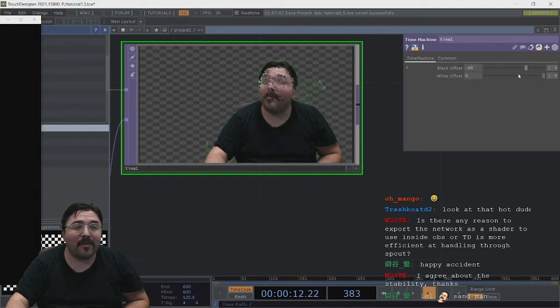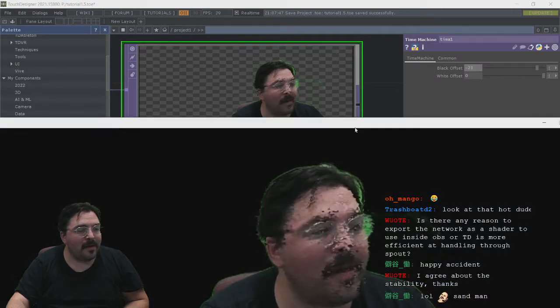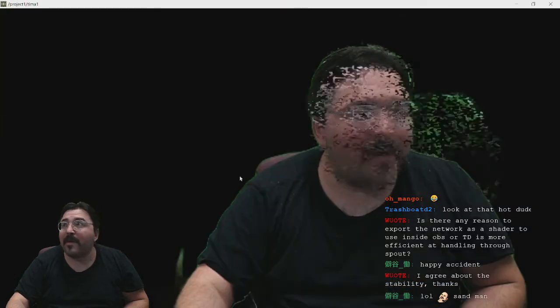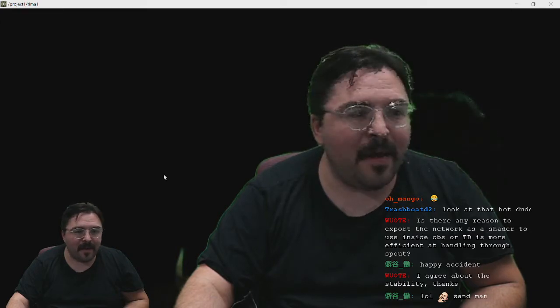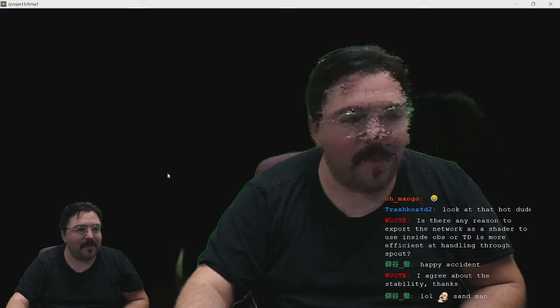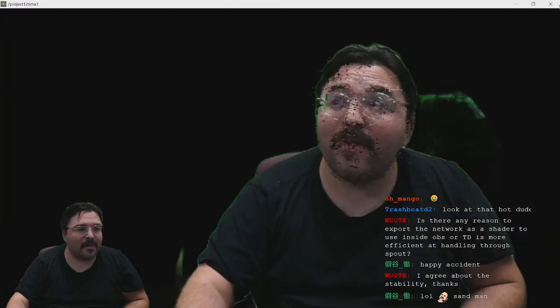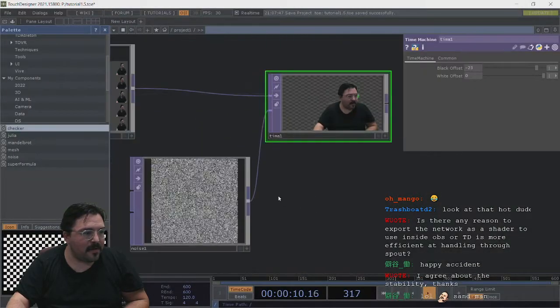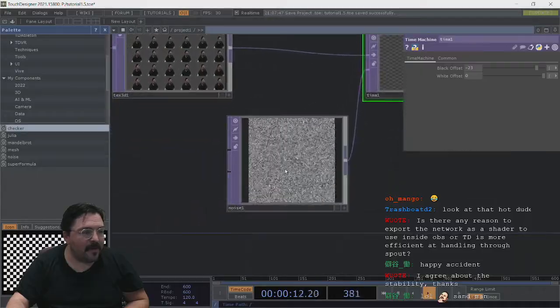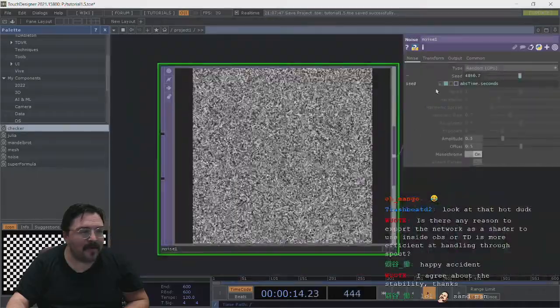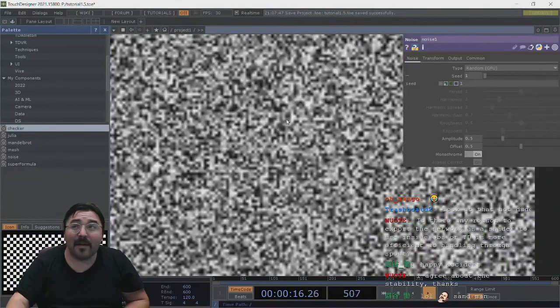So this black offset, we're going to change it to like minus 23. So that means it's less frames between the darkest part of our second input and the lightest part of our second input, which is the white pixels. So just to explain how this time machine works, let's minimize this for a second. Let's freeze this noise for a second. Every black pixel